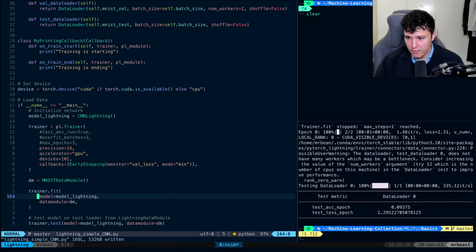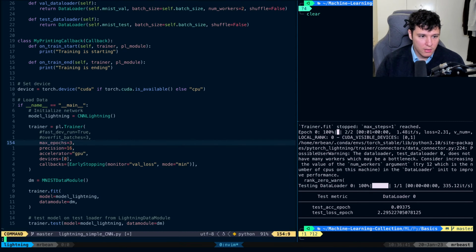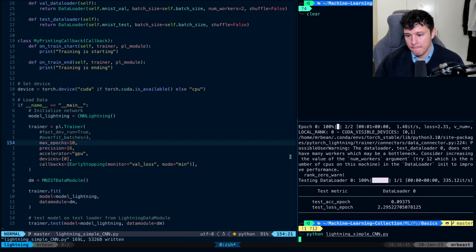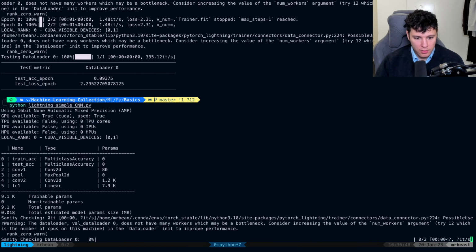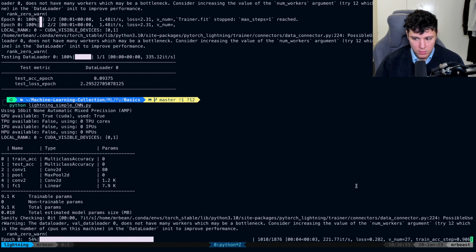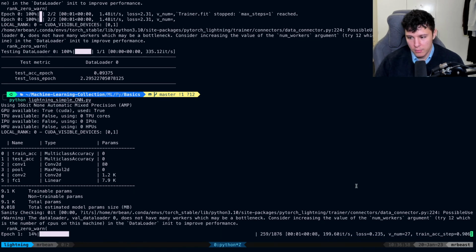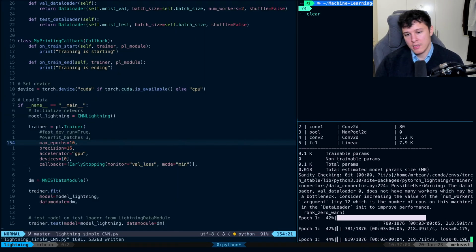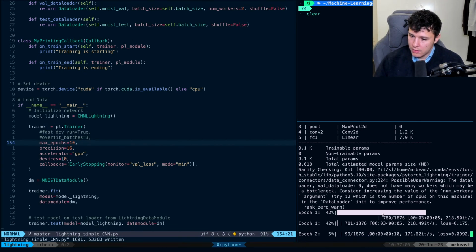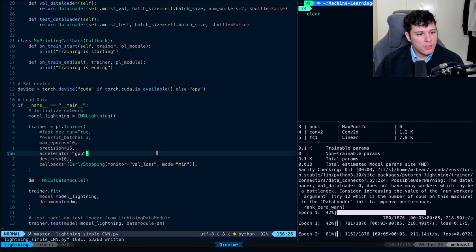I would like to have, so if we train this now on just 10 epochs, will it also evaluate on the val loader? That's the question. Yeah, it will. Nice. Cool, that's nice. I like that. Nice stuff. All right, so